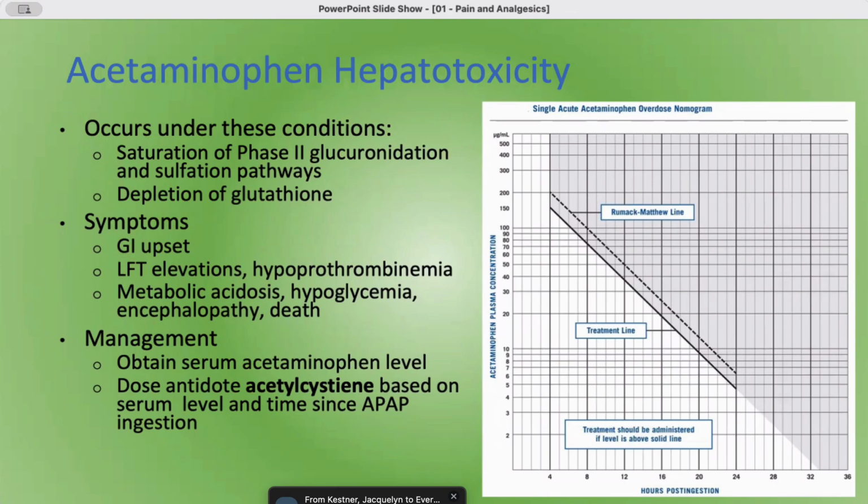And as clinicians, I think a really good resource, for example, you might be working in a rural ER and you get a patient come in with some weird overdose, and you don't have a lot of folks that can help you in that situation. But if you are familiar with the Poison Center, they are going to be a life-saving resource for you and your patients. They are accessible 24 hours a day. You can call